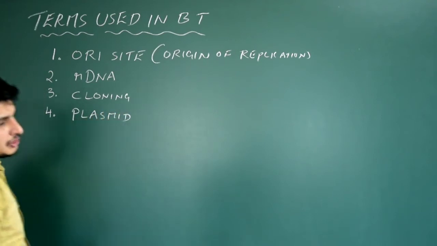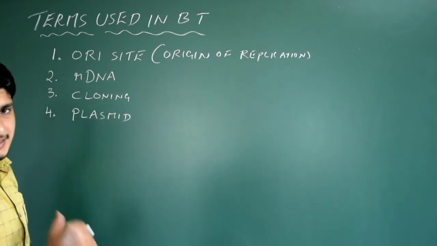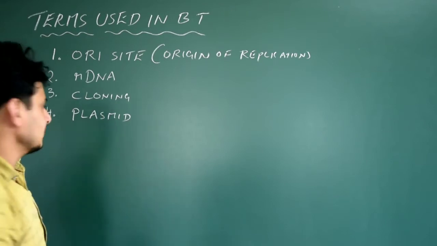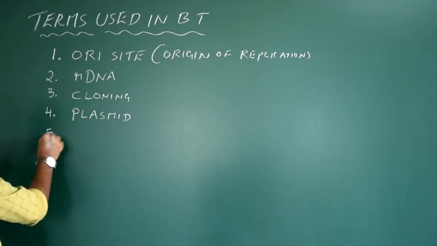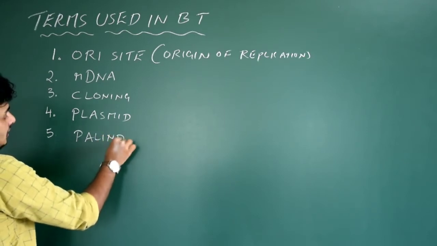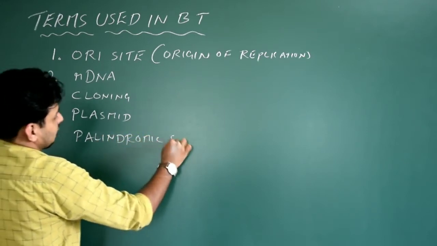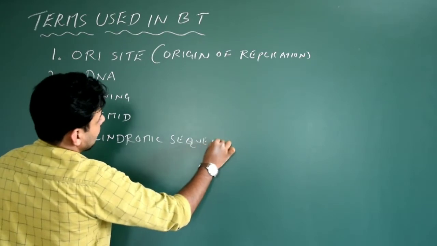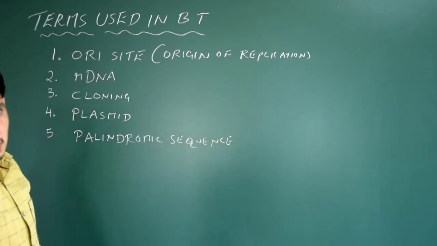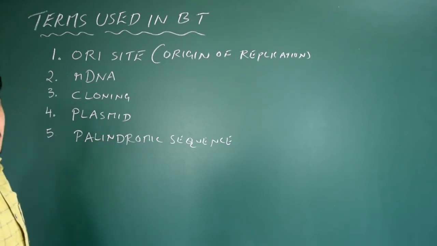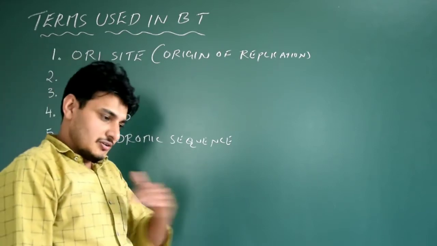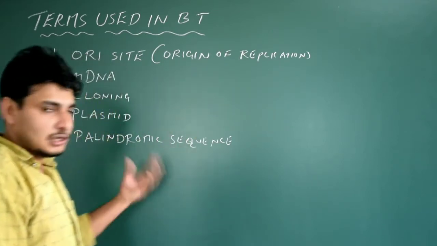Next, the fourth one is the plasmid. Okay, plasmid. It's normally present in the bacteria as extrachromosomal DNA along with the main DNA. Okay, so we'll go with the next important term. See, this is very important. You get this question. That is palindromic sequences or palindromic sequence. It's very important actually for biotechnology or genetic engineering. Very important palindromic sequence because it has certain nitrogenous base pairs which read the same. I'll talk about it.